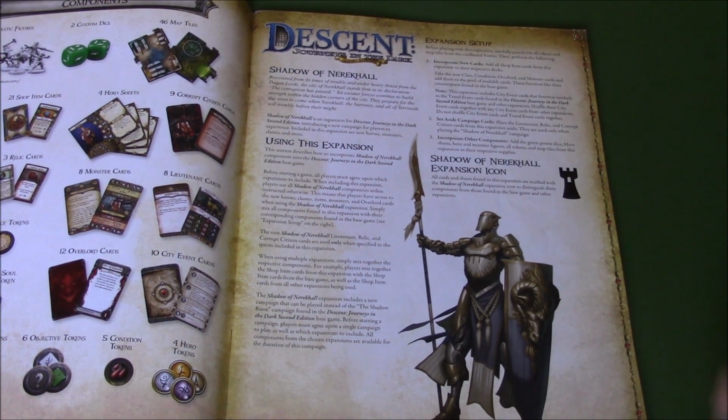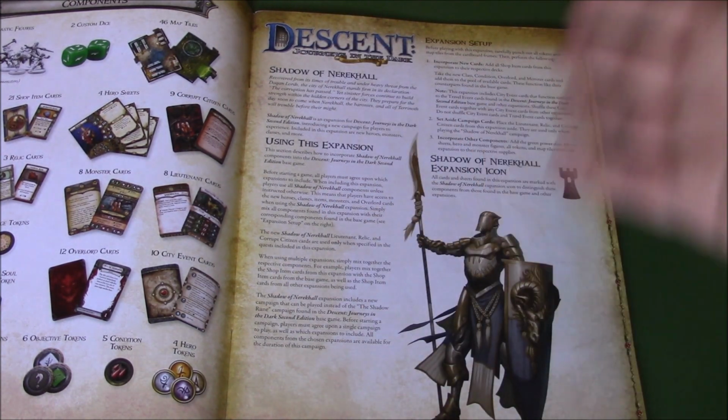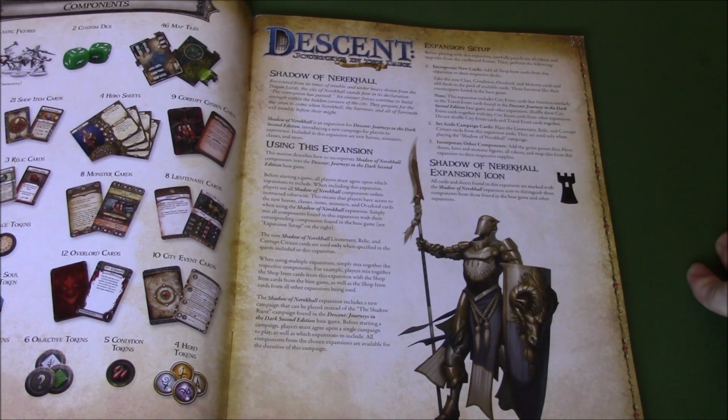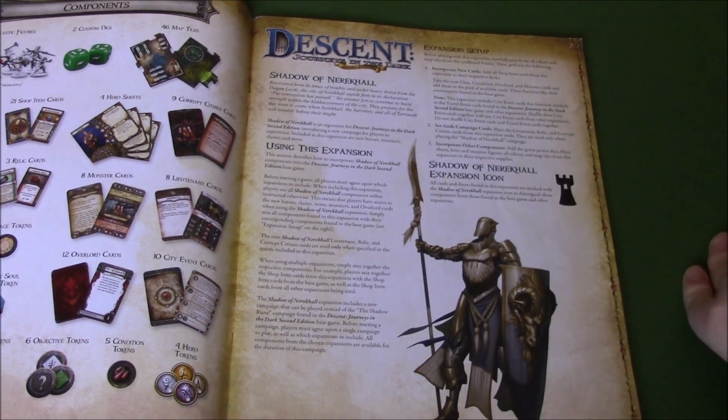It's actually pretty simple. You put the cards where they're supposed to be unless you're already in the middle of a campaign, although I myself prefer to just add them. You know what, why not? It's only a bunch of monsters and overlord classes and items. What's the harm in that? Okay, next